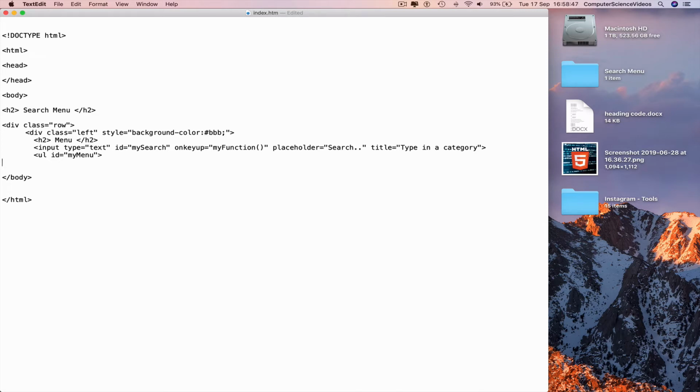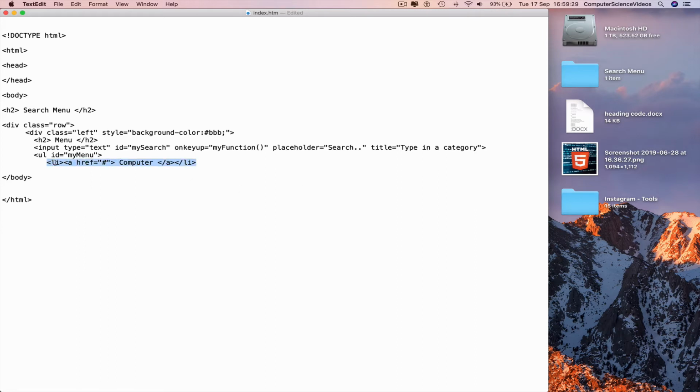Greater than, go to a new line, indent a couple of spaces, less than LI, greater than, less than A, href equals speech marks, hashtag for the link if we are to insert a link, computer, less than slash A greater than, less than slash LI greater than, and now we can copy the line we wrote,